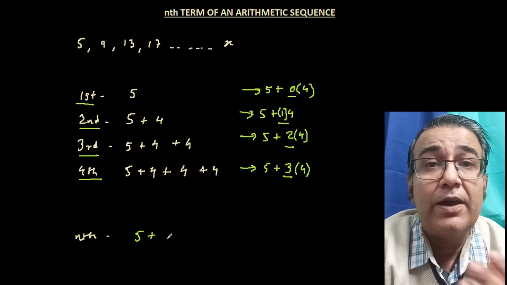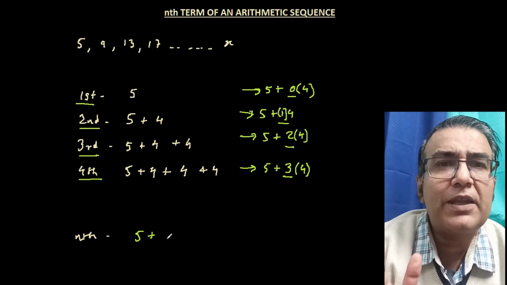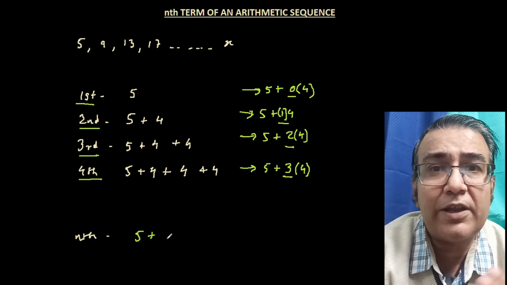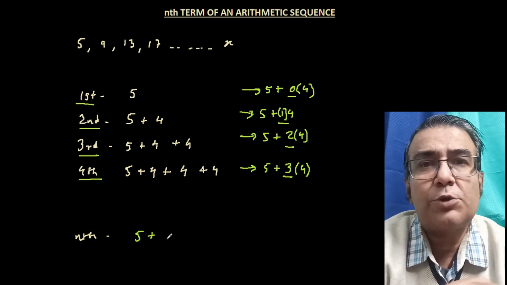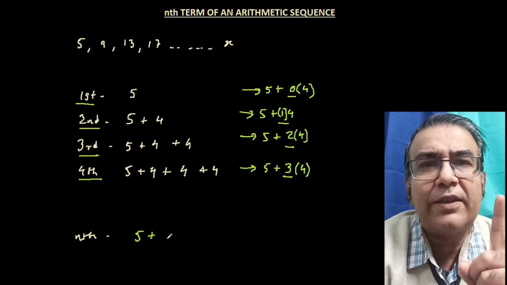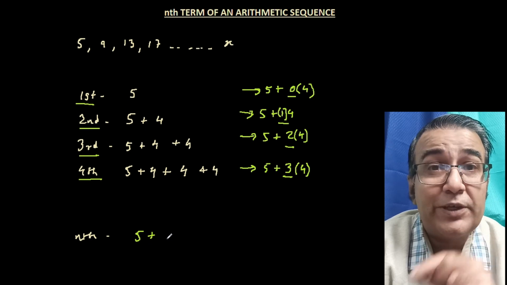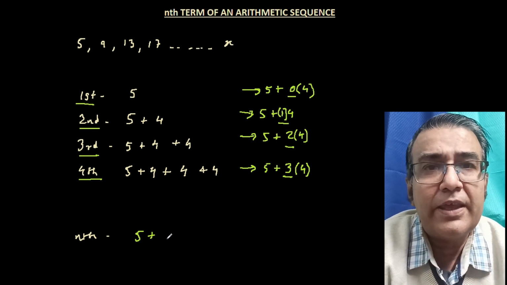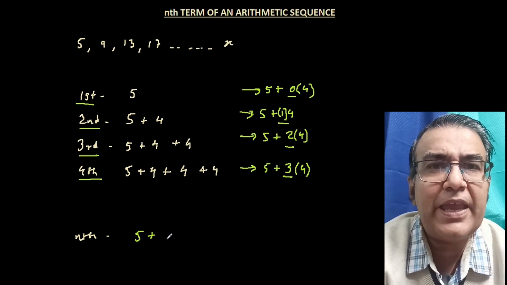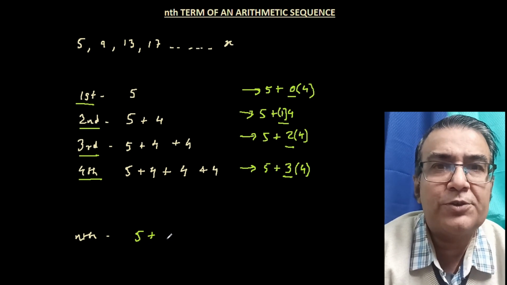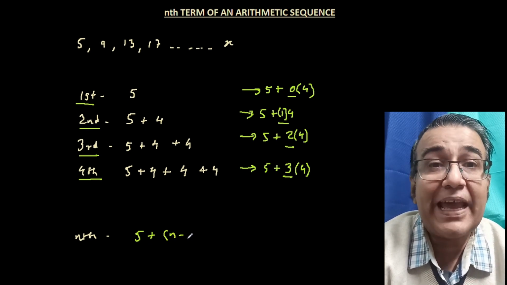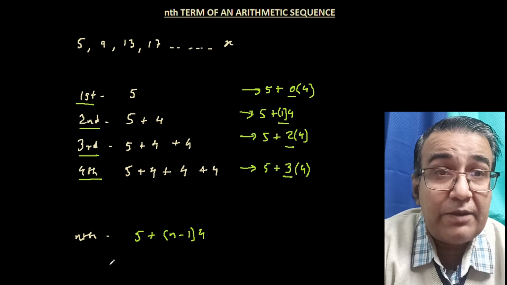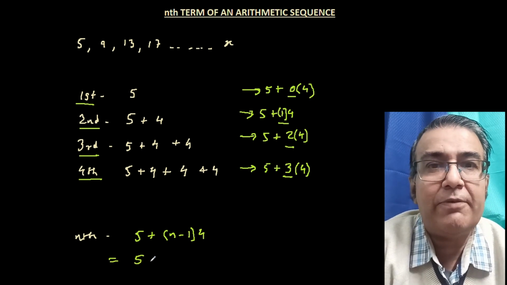So it's 5 plus we are going to multiply 4 by something, but what number should that be? That, as we saw in the pattern, was always 1 less than the number of the term. So if this is the nth term, then 4 must be multiplied by n minus 1 times. So it should be 5 plus n minus 1 times 4, and if we simplify this, we can